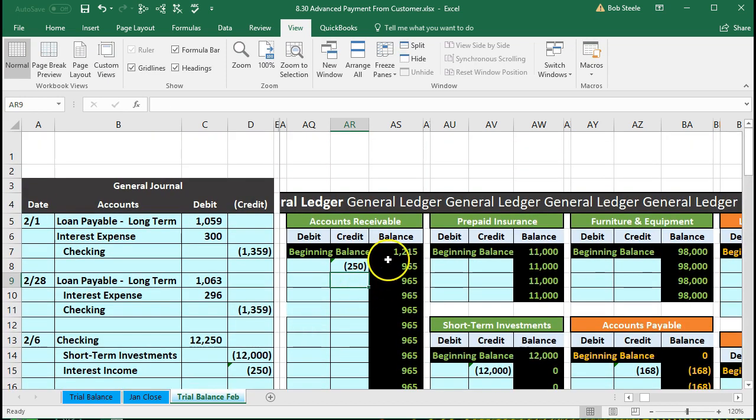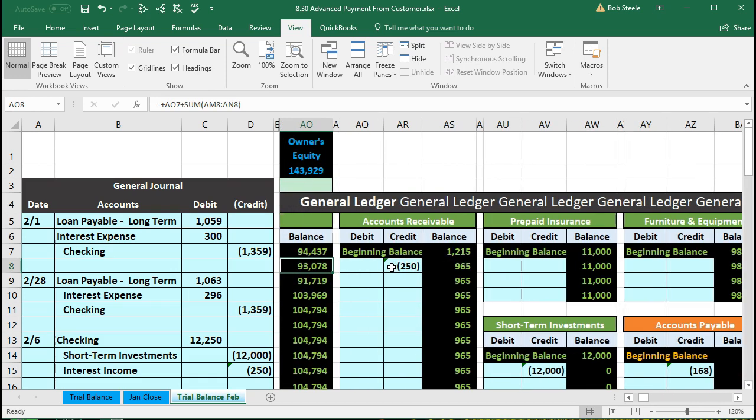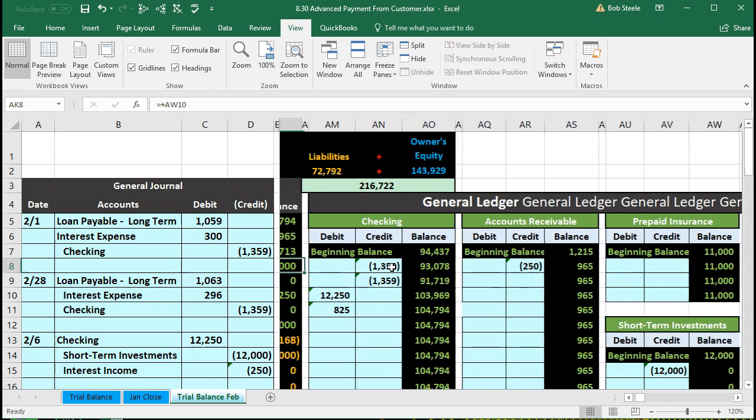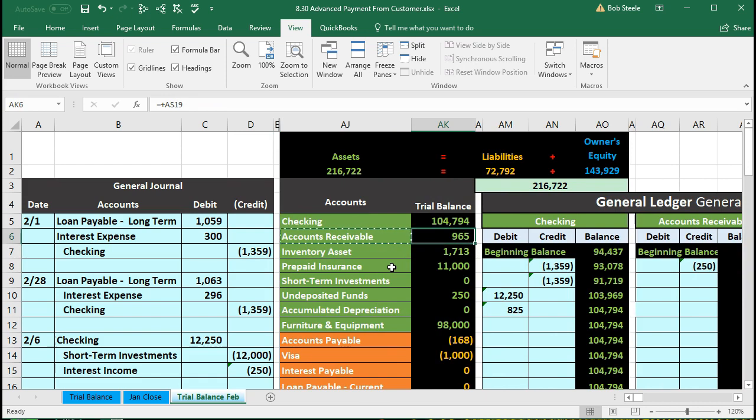So there's going to be the item, brings down the accounts receivable. Scrolling back over, we should find that 965 in the receivable on the trial balance. There it is. Now we've adjusted something to the receivable. We do want to track that by who owes us the money. So we can see more detail about this 965 by looking at the general ledger. However, we only see the information by date there, and we want to see it by who owes us money